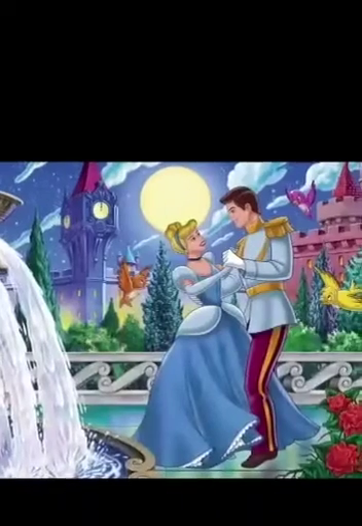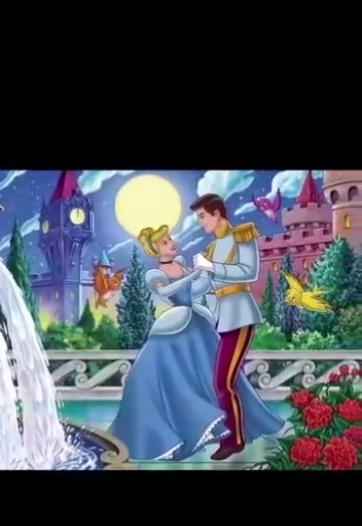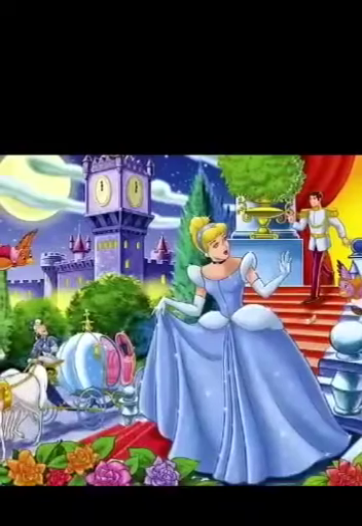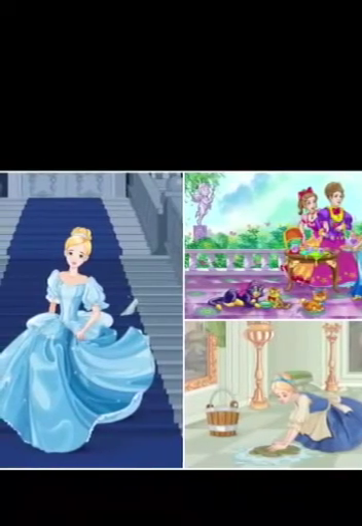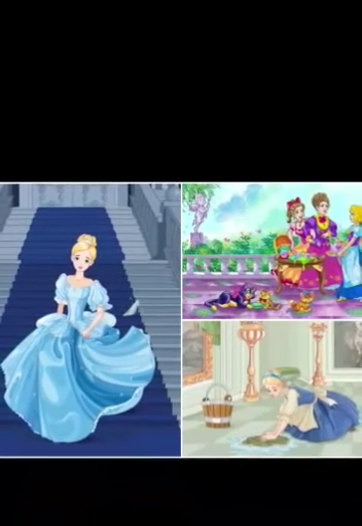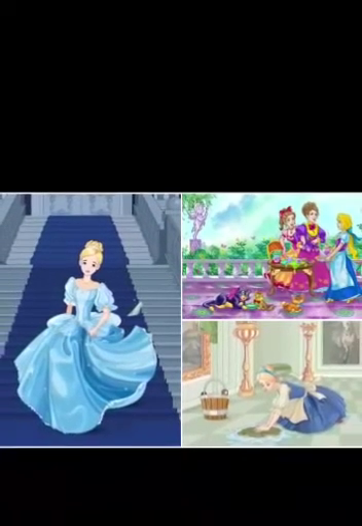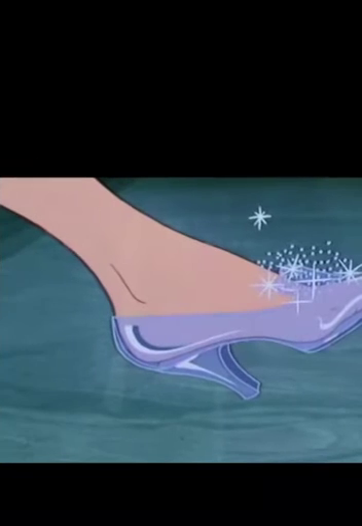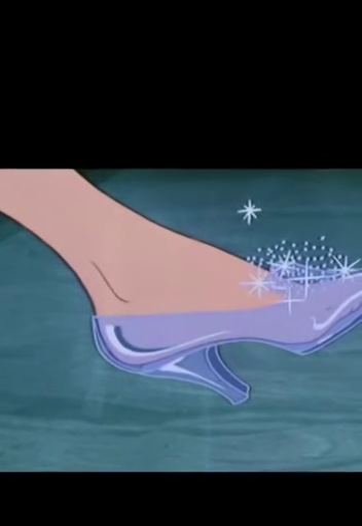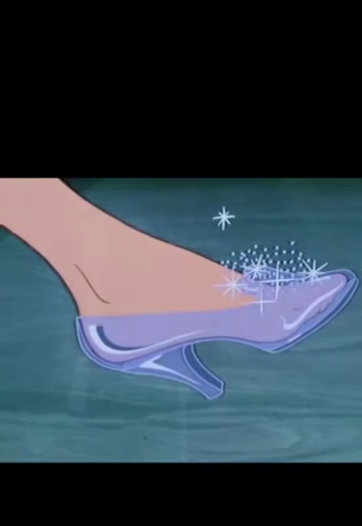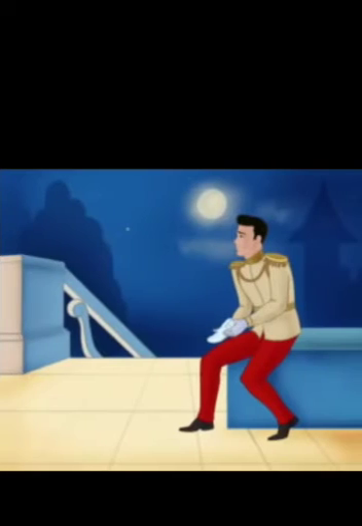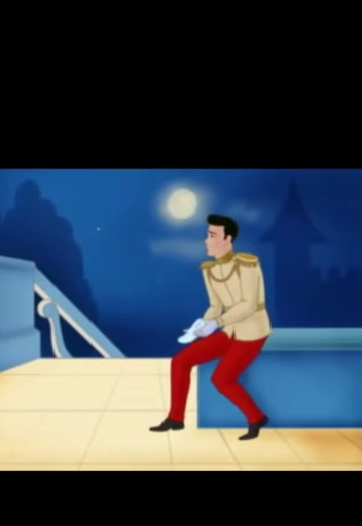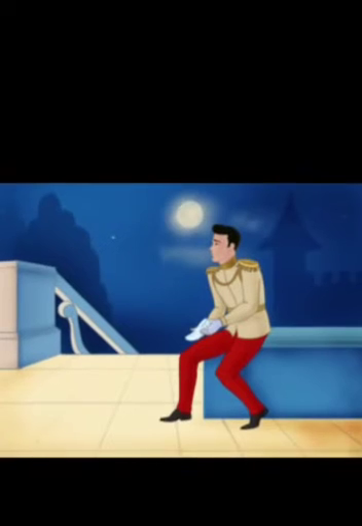She enjoyed herself so much that she almost forgot what the fairy godmother said. However, when she saw the time and remembered godmother's words, she quickly left the palace and ran away. In all the hurry, one of the glass slippers she was wearing was left on the castle steps. The prince had fallen in love with her and wanted to find out who she was as he wanted to marry her.